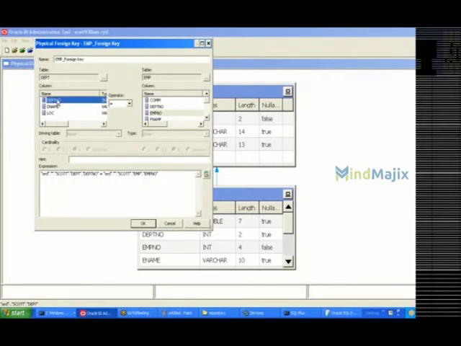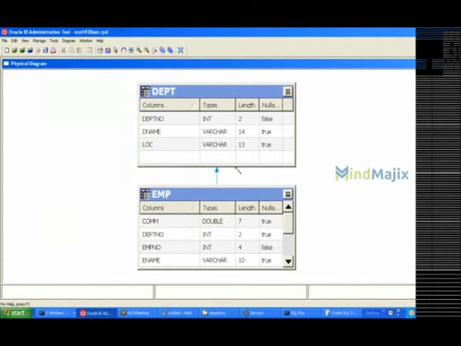So let me select department number here, and I am selecting department number in the employee table also. It will be showing the same condition only, but the difference is that if you observe here, the key icon is not available for the department table. That key icon will come once I click on this. Observe here, I have selected OK and I am saving it. I am not checking the consistency.